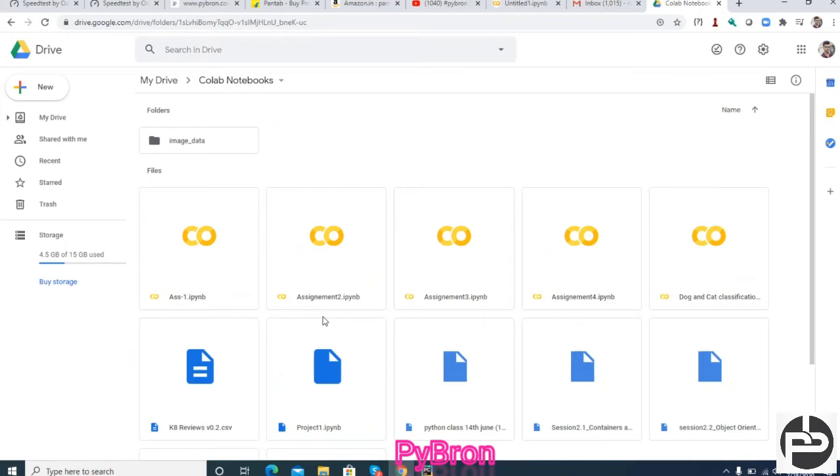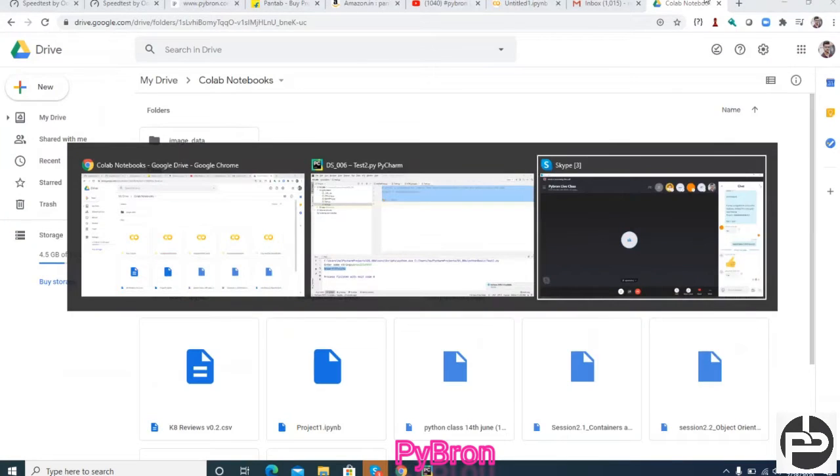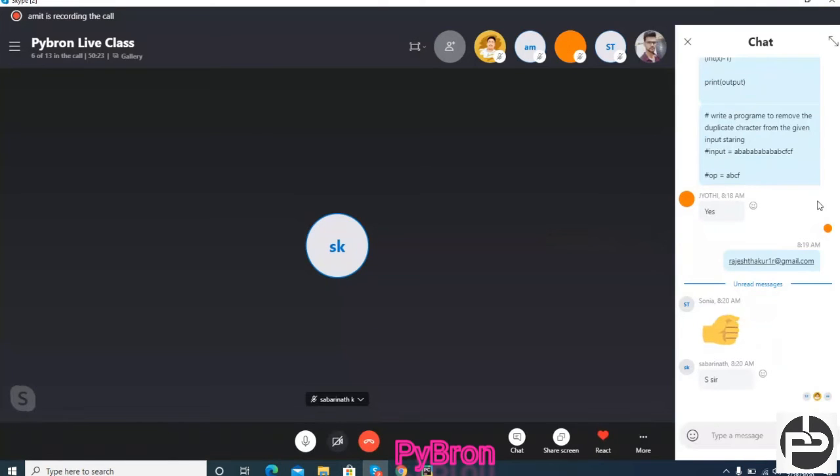So in future, if you want to access that file, you can happily access it from anywhere. So this is one kind. Another way is that you can create a GitHub account, that is also possible. I'll show you in a while. Right now you can do it like this. Understood everyone? How to pass the assignments? Understood? Yes. Cool. Please do the assignment.